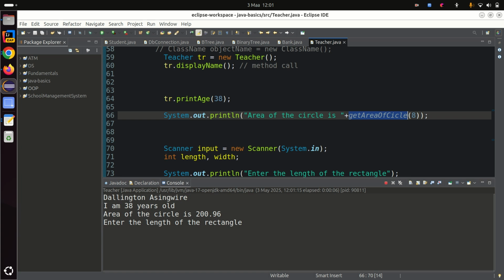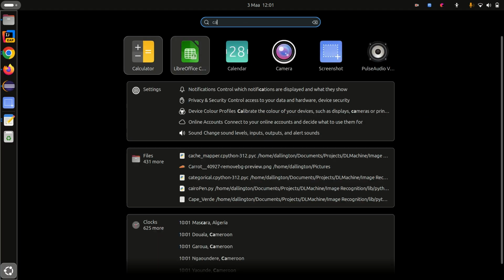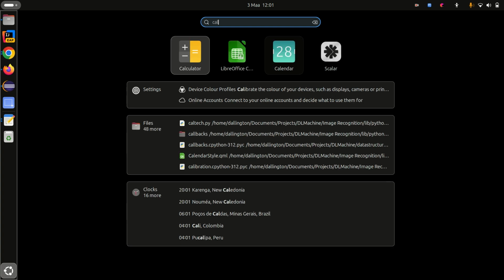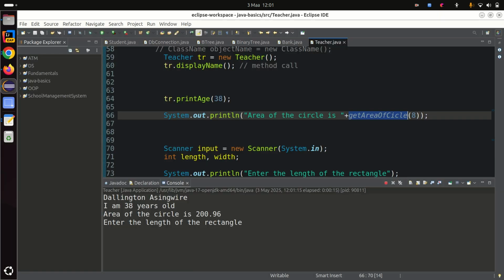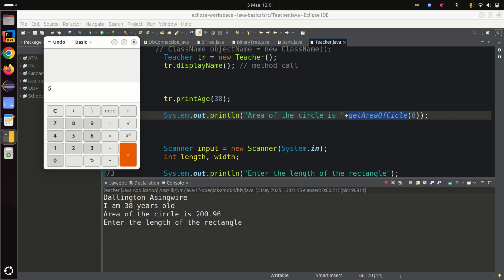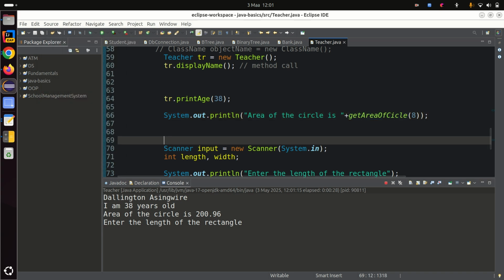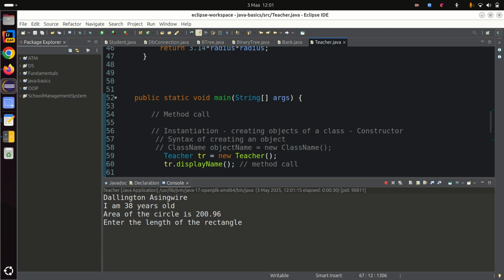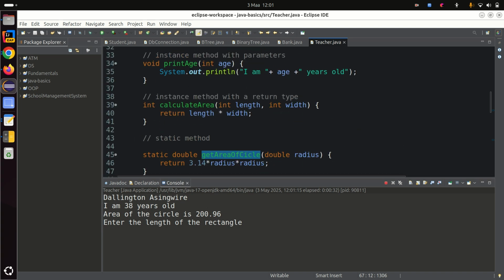If we use our calculator here, 8 times 8 is 64, and 64 times 3.14 is 200.96. Yes. So I have shown you how to also create a static method and how to